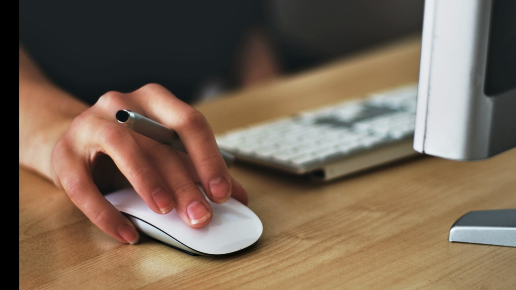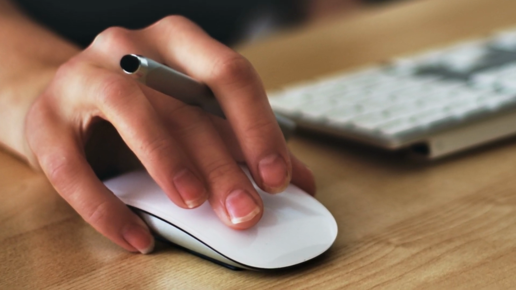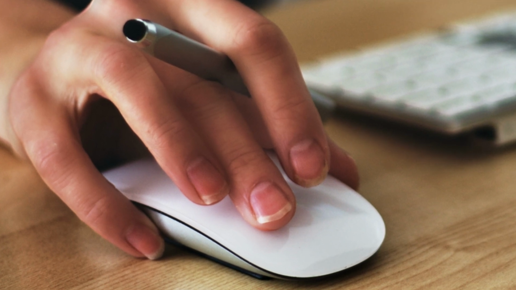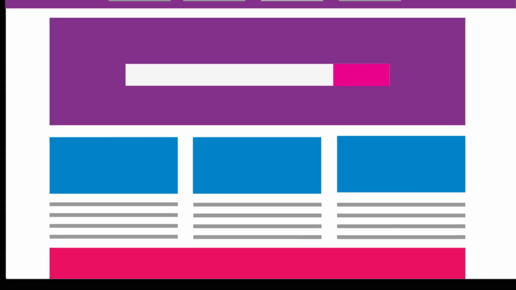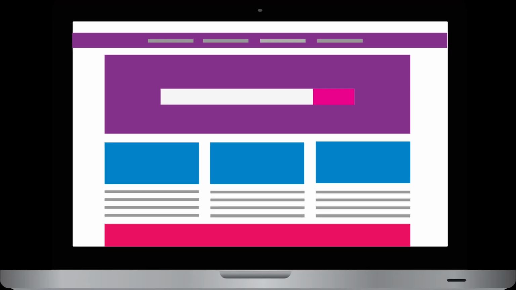Click-through. A click-through is the number of visitors who click on a link, banner ad, or form. It's often called the click-through rate and is abbreviated CTR. If you have a link set up and 1 out of every 100 people click on it, then your CTR is 1%. Click-through rates can be measured for almost anything online, from the rate at which people click through your ads to the rate people click on the links in your emails.